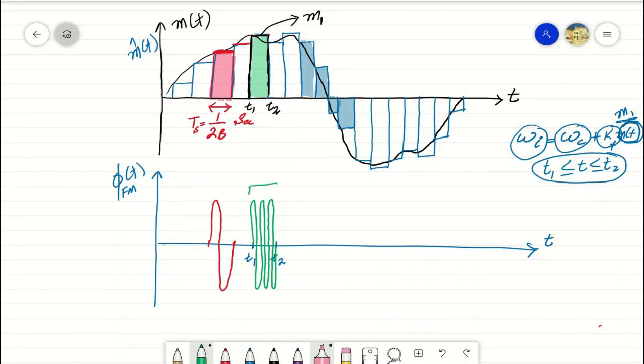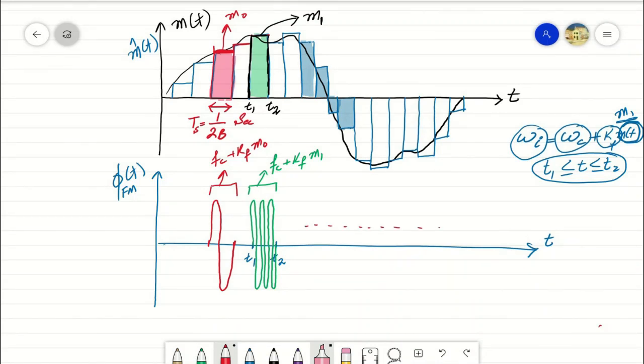In this block, the frequency being generated is fc, the central frequency, plus kf m1. And if we refer the amplitude of this block as m0, the frequency of modulated signal being generated for this block of the modulated signal will be equal to fc plus kf into m0. However, within this block, the frequency being generated will be a constant frequency, and so on.